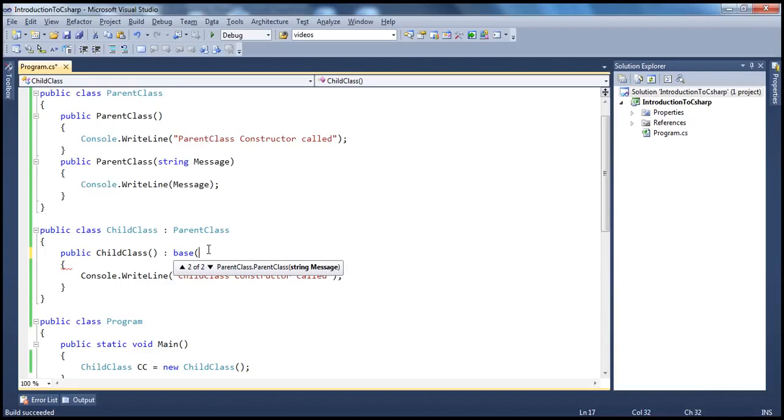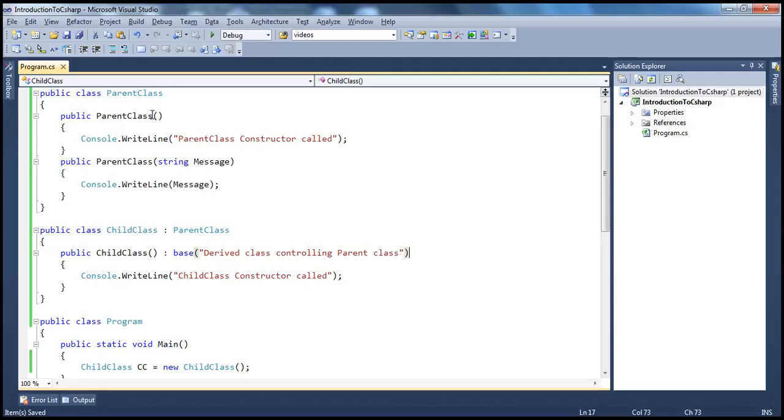For example, let us say "message from derived class controlling parent class". Basically from the derived class we are controlling which constructor gets called